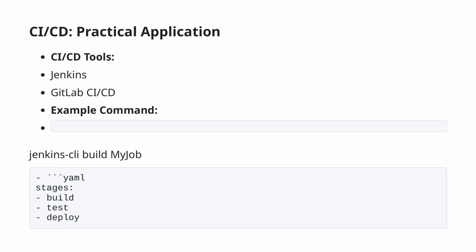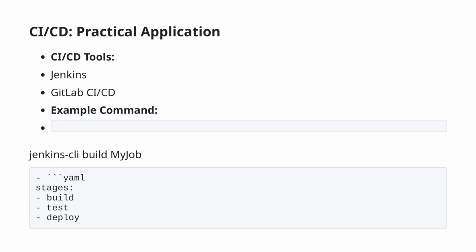To put CI/CD into practical application, we'll need to utilize various CI/CD tools and implement specific commands to manage our workflows. Some of the most popular tools for CI/CD include Jenkins and GitLab CI/CD. These platforms help automate the entire development process, from code integration to testing and deployment. For instance, in Jenkins, you can trigger a build for a job using the jenkins-cli build myjob command. This allows you to initiate the build process right from the command line, making it easier to integrate into your